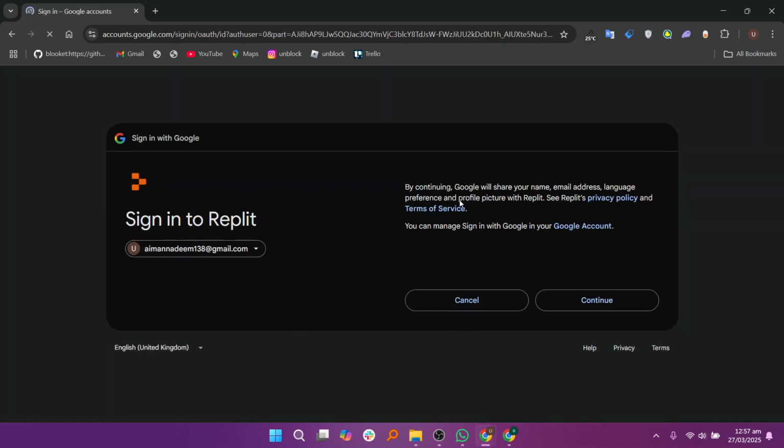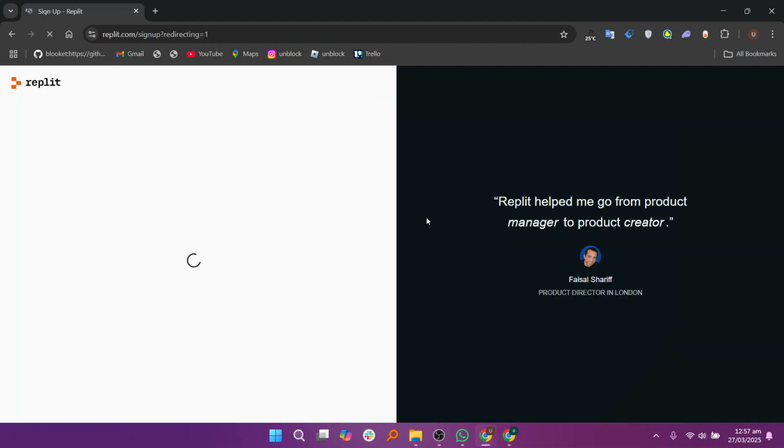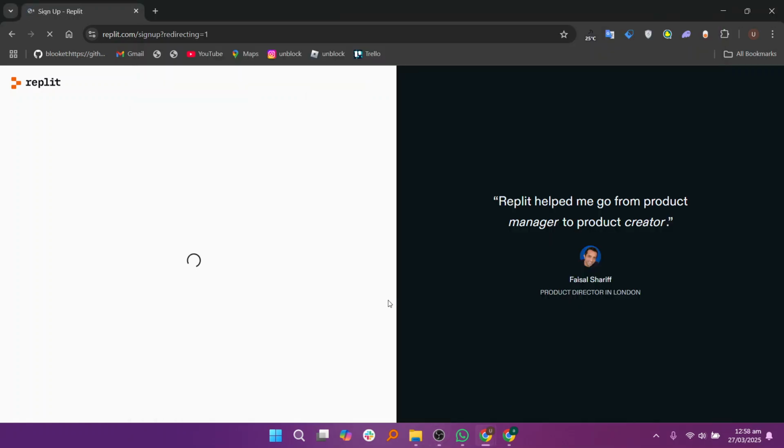Security features in Replit ensure that projects remain safe and private. Users can choose between public and private repls, control access permissions, and integrate authentication mechanisms for secure development. Additionally, Replit supports encrypted environment variables, allowing users to store API keys and other sensitive information without exposing them in